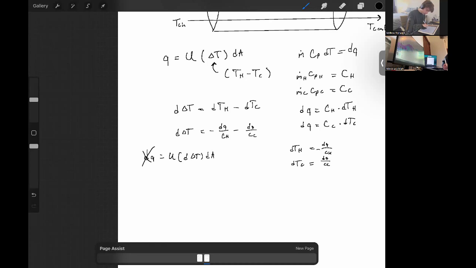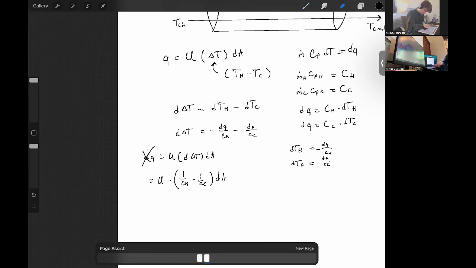And we're going to say that q equals, yeah, we're going to get 1 over C of H minus 1 over C of C multiplied by the change of area multiplied by the overall heat transfer coefficient, which is then set equal to